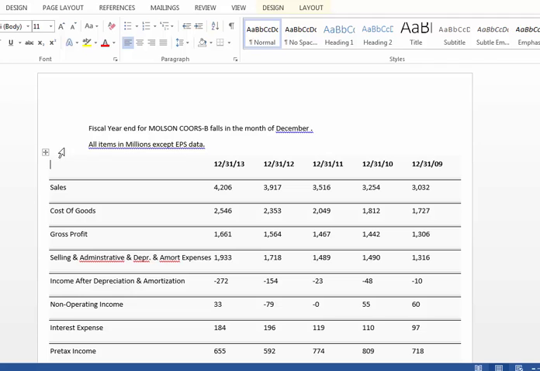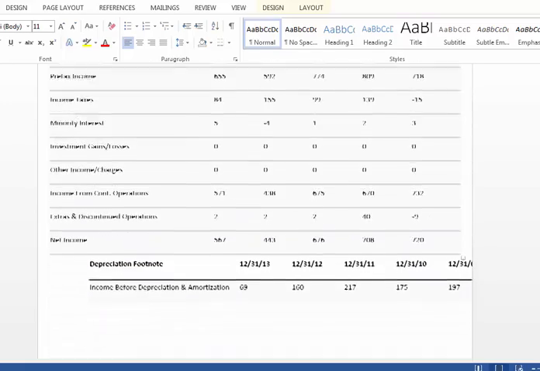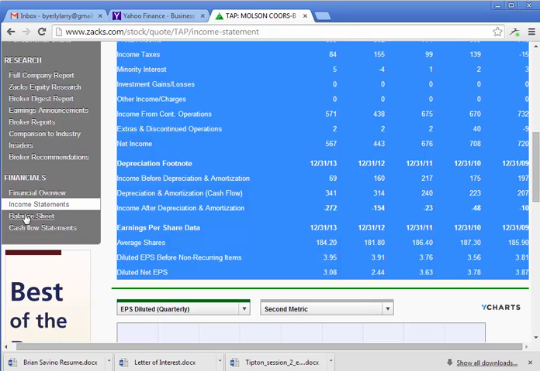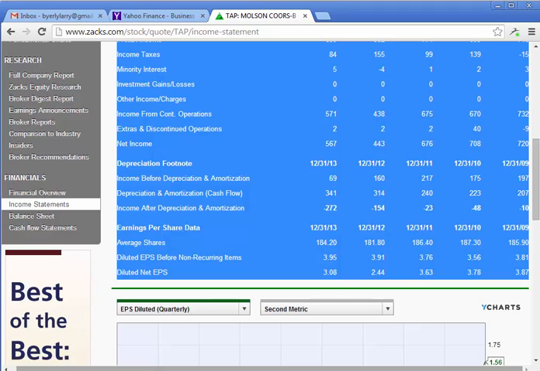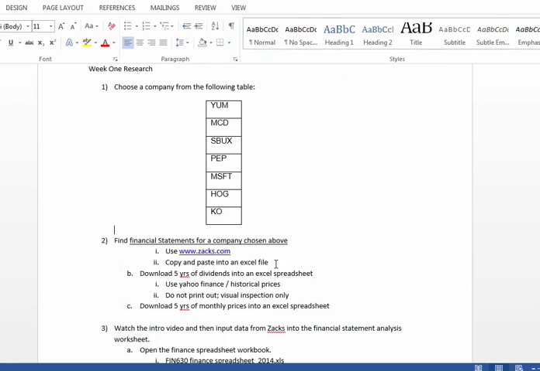You can pull it over, and there you have the income statement for the last 5 years for Coors. Now you're going to duplicate, do the exact same thing, but use the other financial statements. So you're going to do it for the balance sheet, and you're going to do it for the cash flow statements. So that is the first exercise,